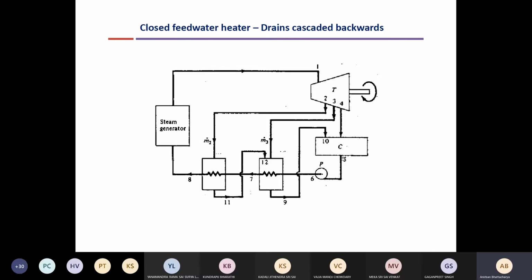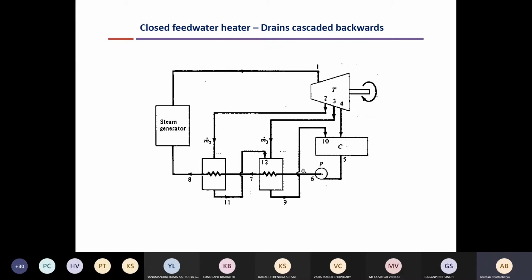So this liquid water, which is now at a low pressure, is pumped back to the boiler pressure. Now this is the difference here. Since this liquid water will not mix in any of the chambers, it will just flow through the pipes in the chambers. I will come to the chambers later on, but we will see that there is no mixing in the chambers because the water flows through the tubes and the steam passes through the shell. So the heat transfer occurs through the tube walls.